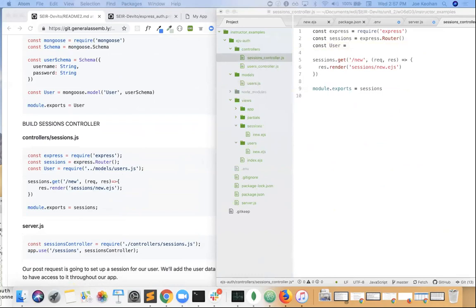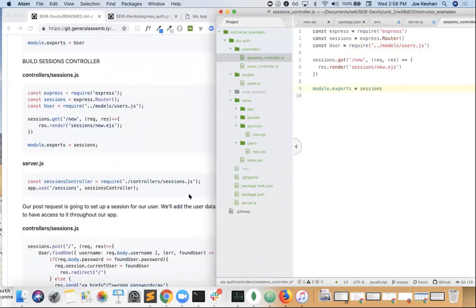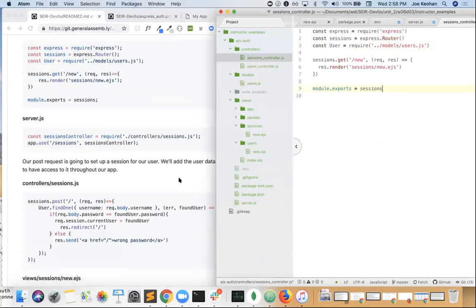If there is one more typo, nope, that's it. Const user is equal to require dot dot, because we're going back up, models users.js. Okay, we have our session new, that doesn't change, we're just adding that, we're exporting sessions. Cool. And our server.js